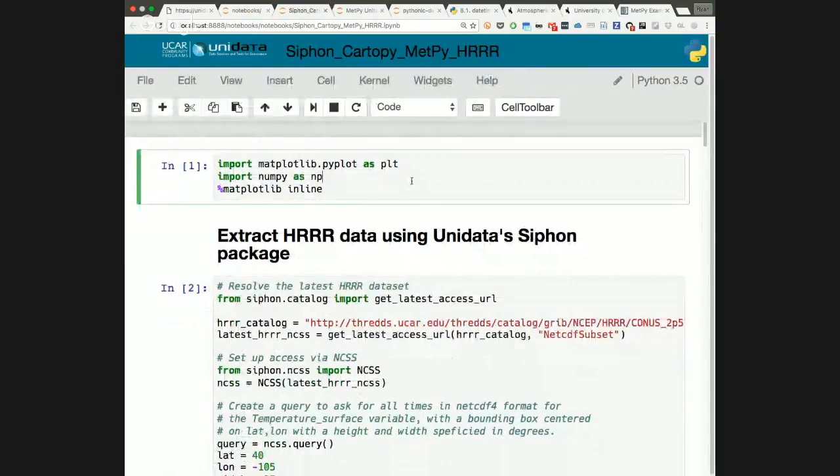All right. Between HRRR and WRF, it sounds like a frat party gone wrong. Okay, so